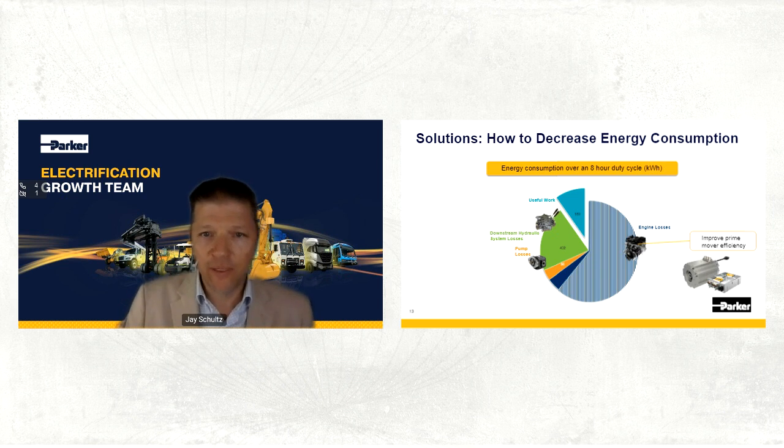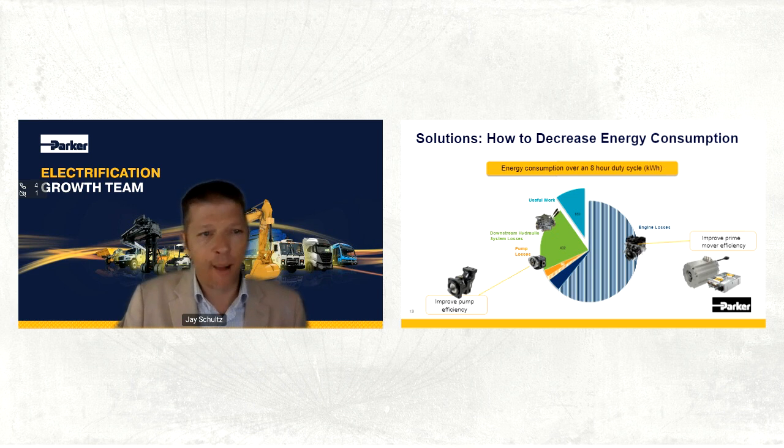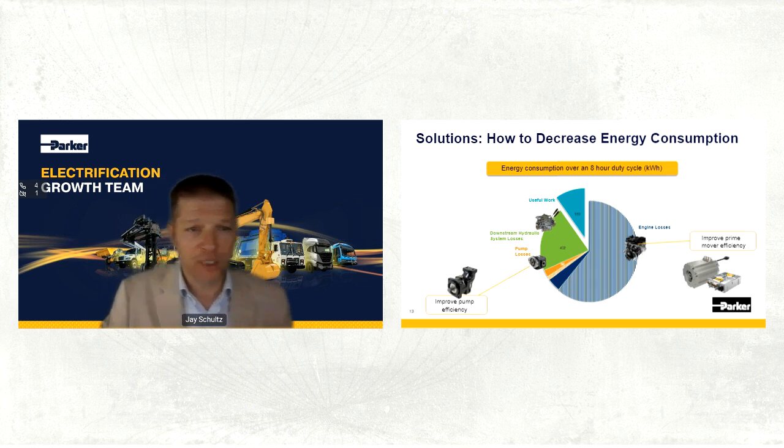We're going to get rid of the engine and improve the efficiency of the prime mover by utilizing an electric prime mover and inverter system. We can now also look at the pumps. What can we do there? Even though it's a relatively small amount of losses in the pumps themselves, there is some opportunity by choosing perhaps a more efficient pump. And then the next portion is looking at the hydraulics. What's our opportunity from a hydraulics perspective